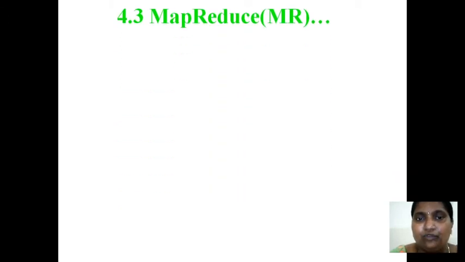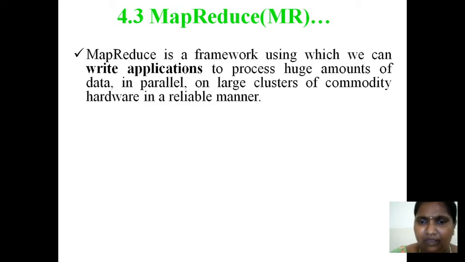Next, MapReduce. I want to introduce MapReduce. As I said previously, we have a lot of tools, but among them MapReduce and HDFS are part of the syllabus. So what is MapReduce? It contains two components, the mapper and the reducer, which can process our data in terms of code. Whatever application you want to execute should be in code only. We have to write the code. That code can be in Java, C, Perl, or Ruby, based upon your requirement and your capability to write concepts in some language.